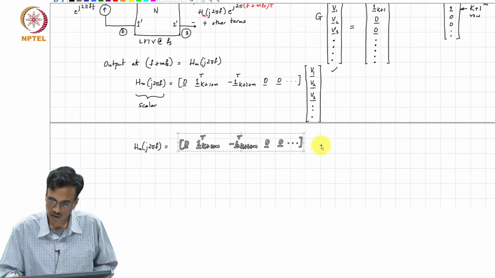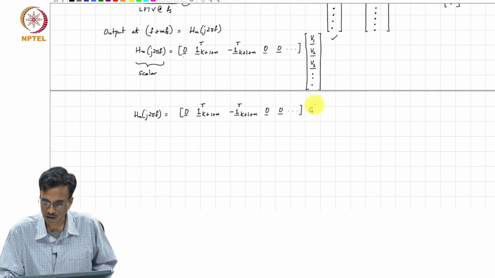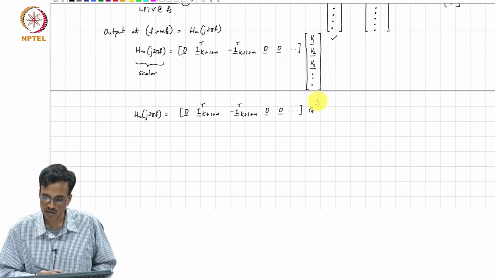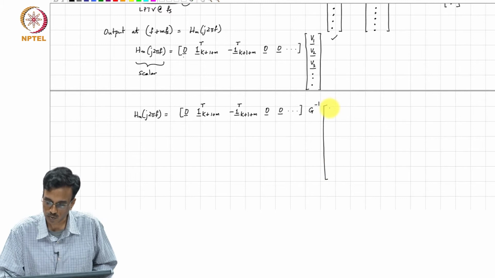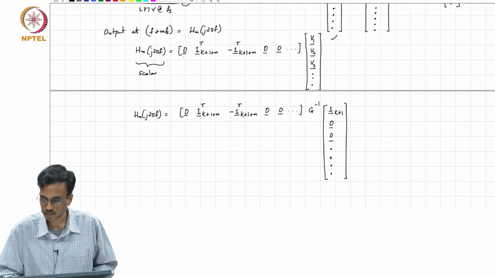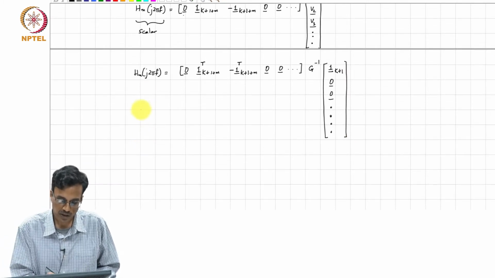So, the voltage vector can be found by simply computing the solution of that matrix. So, G inverse times the excitation vector, which happens to be 1 capital K plus 1 and so on, right. So, if you transpose it,